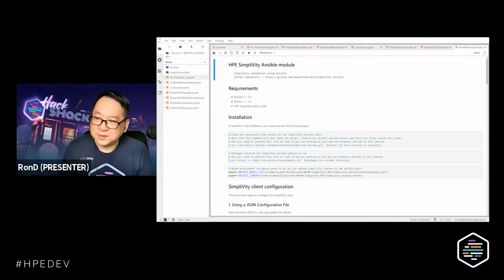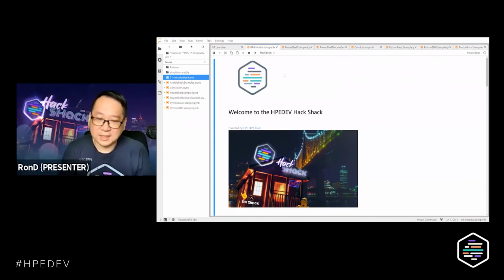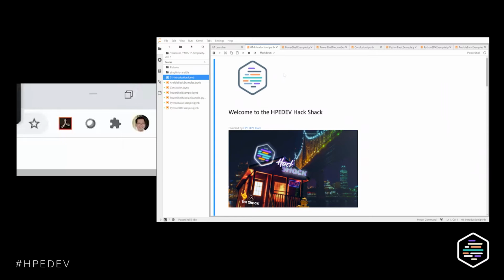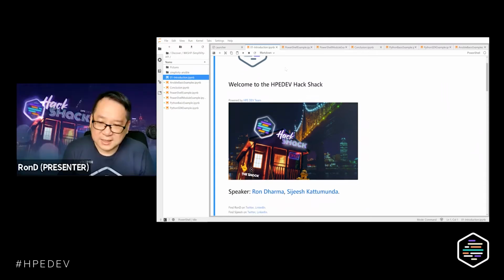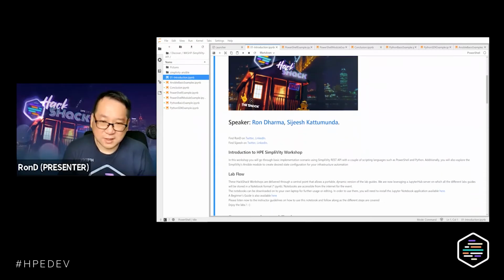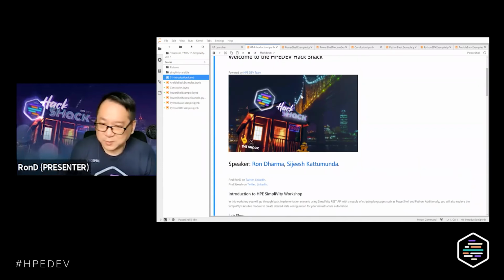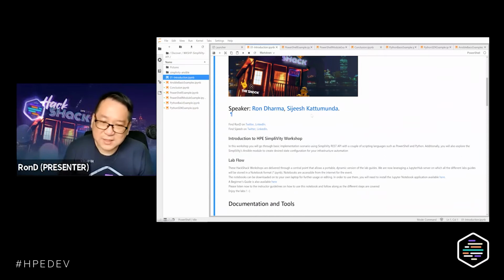And all we need to do is open the first notebook. If you double click on it, then you will see this particular notebook, which is the introduction. You can see that you have some introductions, and these are the cool pictures that we have over here. It introduces both of us, and also provides you with some information for Twitter and LinkedIn.